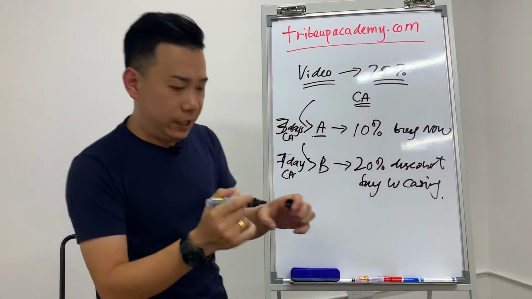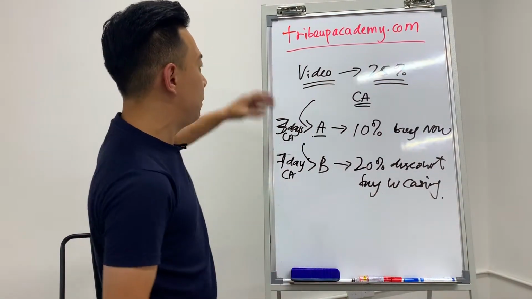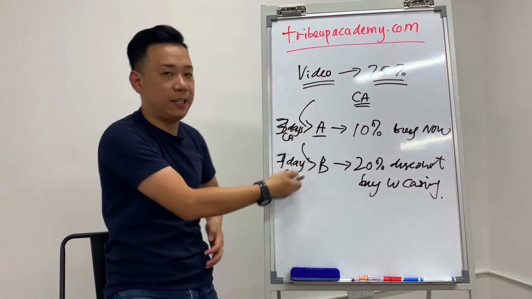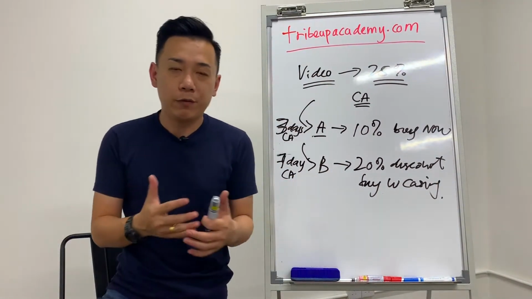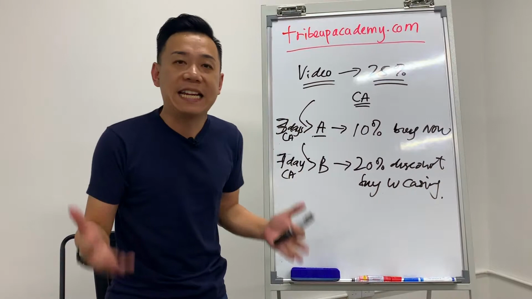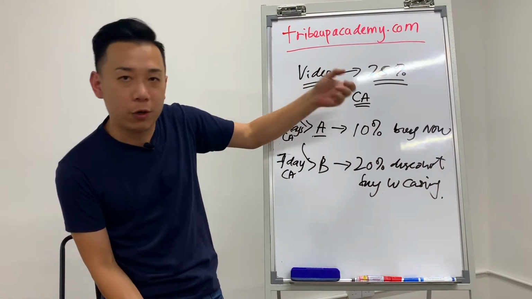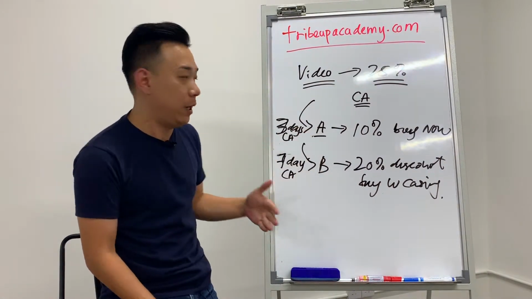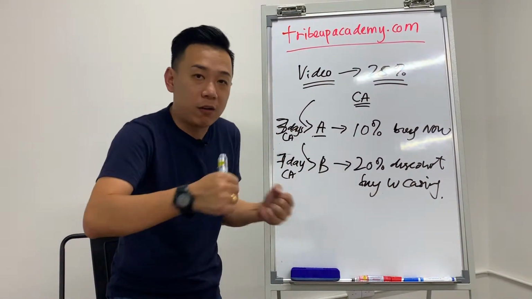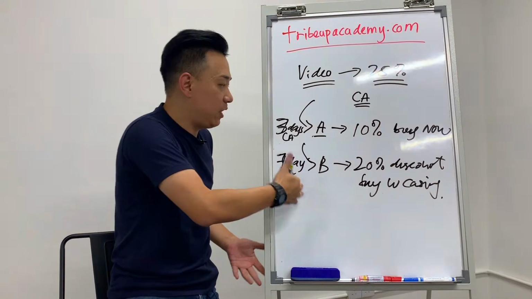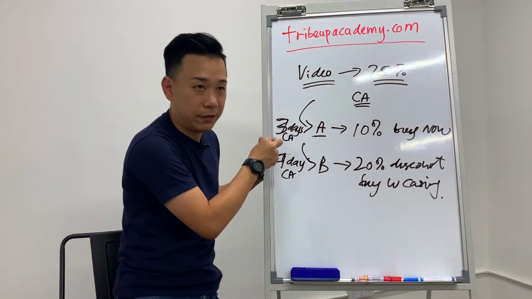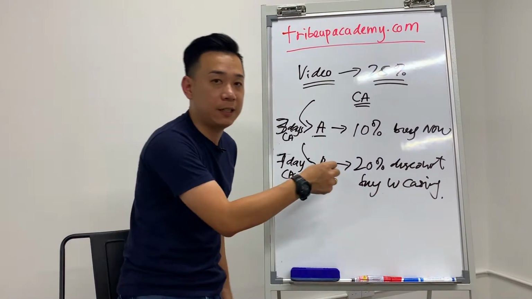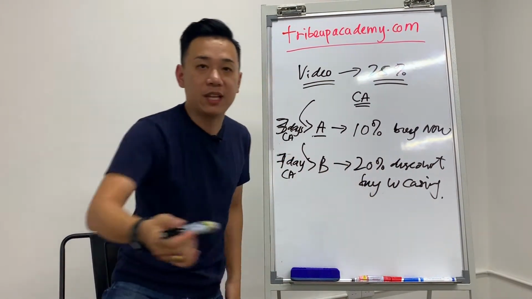Now, the moment you do this, you're making sure that your advertisements are in sequence, and people who see this will see the next one and then the next one. They won't feel interrupted, they won't feel awkward because they have already indicated, look, I'm interested in the phone. I've watched your video up to 25%. The next advertisement you show is a stronger call to action. If they don't convert in 3 days' time, from the 4th day onwards to the 7th day, they will see the next advertisement, which gives them another offer.